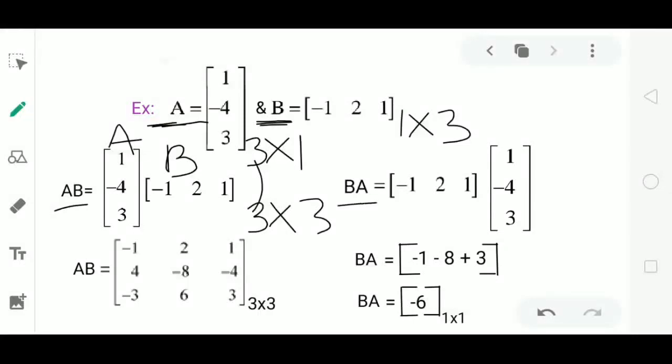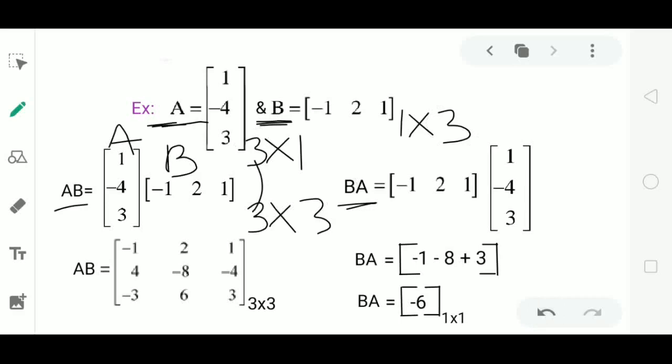We know that to define the product BA, the condition for multiplication of matrices is number of columns of first matrix B must be equal to number of rows of second matrix A. Here, number of columns of B is 3. Number of rows of A is 3. Number of columns of B is equal to number of rows of A. It is satisfying the condition for multiplication of B and A. So, we can define the product BA.